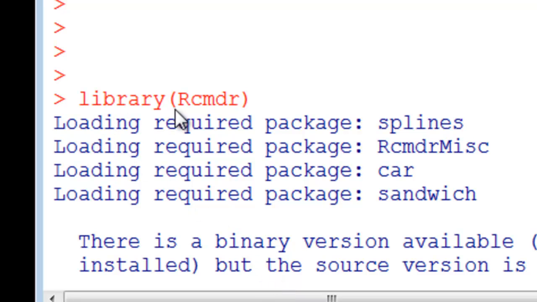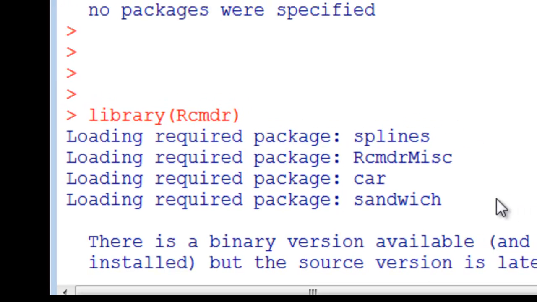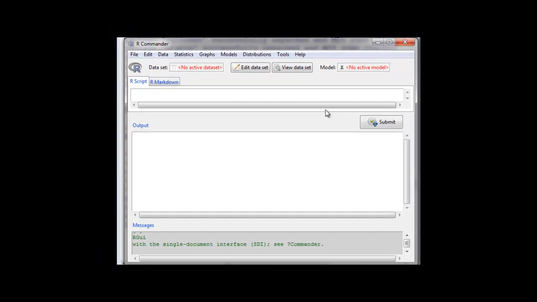After writing that, it will load the plugins and other data, and after that it will open a window of R Commander. See here, it has opened the R Commander window. In this, without any coding, you can use the graphics and work on R.